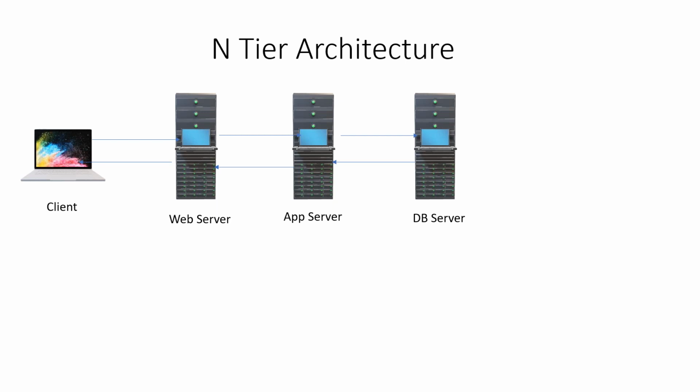Within this entire architecture also, for example, if this app server is not able to fulfill the requests, if it is taking too much burden, then we can add an additional app server. In the same way we can add additional web servers and additional DB servers as well. It all depends on the amount of data being processed, and how many requests are coming from the client. If the number is too huge and any of the servers is not able to process the requests, then you can add an additional server.